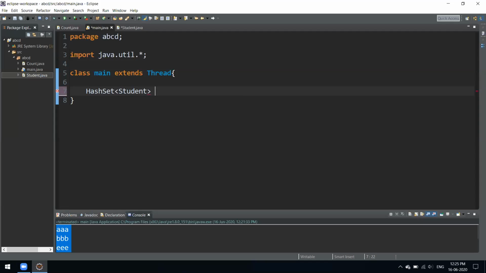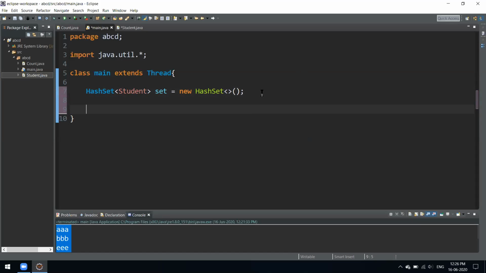Here we can have the set, name it as set only, you can name it anything. And what we have is a hash set. One more thing, if you write it at both places, that is fine. Even if you don't write, still it's fine. Java gives you that little flexibility. Otherwise, I don't think this was allowed in the previous Java versions.